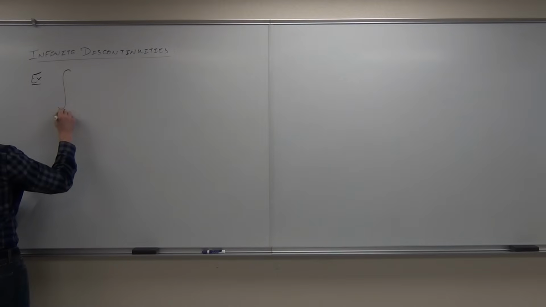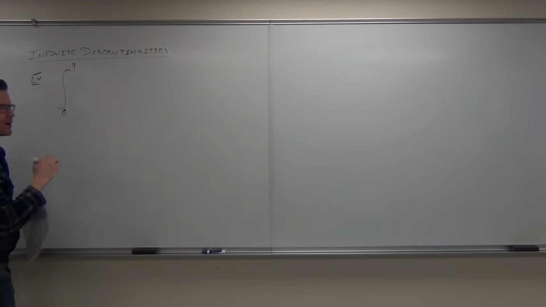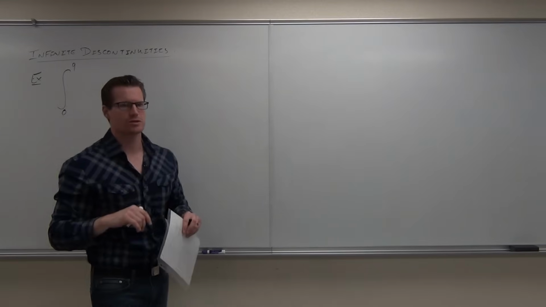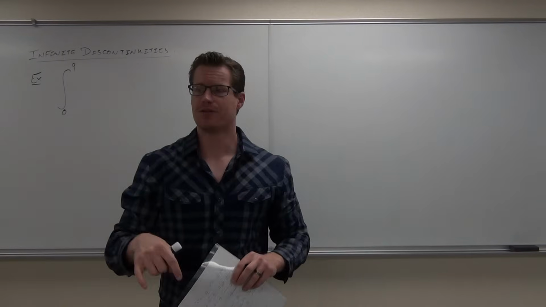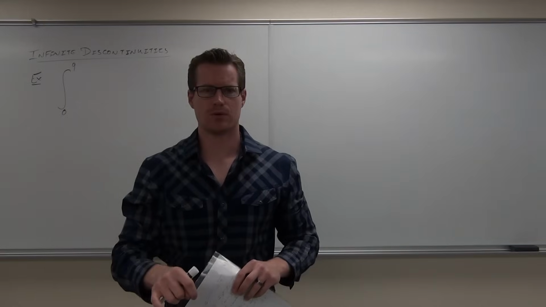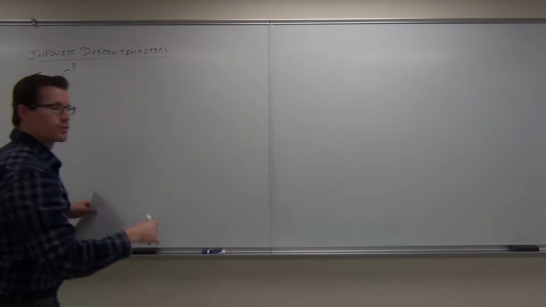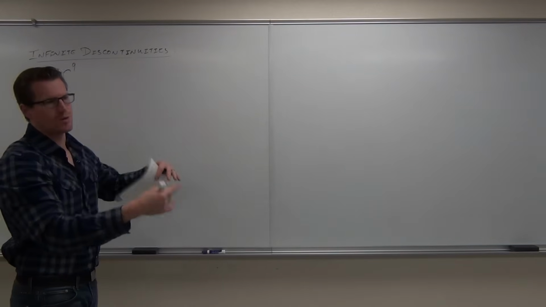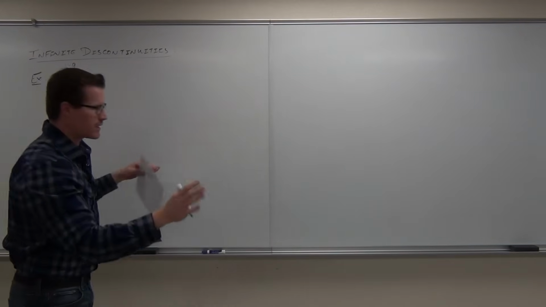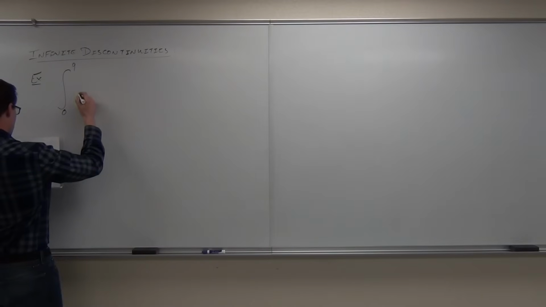Let's say I want to go from 0 to 9, find the area of the following function from 0 to 9. Now, right there, is that an infinite interval or a finite interval? Fine. Sure, that's great. So we don't have to worry about the limit of b going to infinity or a going to negative infinity. We're not worried about that. However,